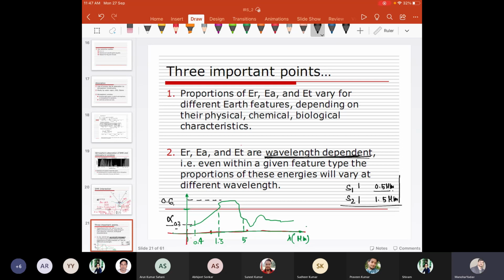So 1.5 micrometer is the central frequency, and there is a certain bandwidth corresponding to these two sensors, S1 and S2. It means these sensors are only looking